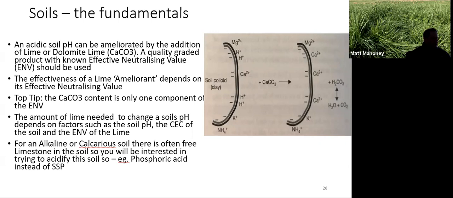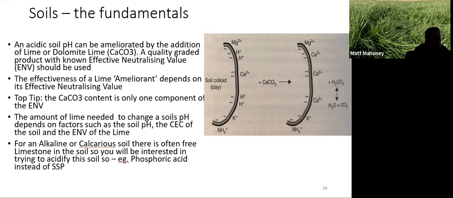And the effective neutralising value is a way that we can compare one lime to another, because a lime finely ground versus one that's coarsely ground, or one that's got a higher calcium carbonate content than another, a higher moisture content versus a lower moisture content, will increase the cost of freight. So all these things need to be taken into account by the agronomist, who needs to know the difference between the different aspects of limes. So the effective neutralising value is different to the neutralising value, which is just the calcium